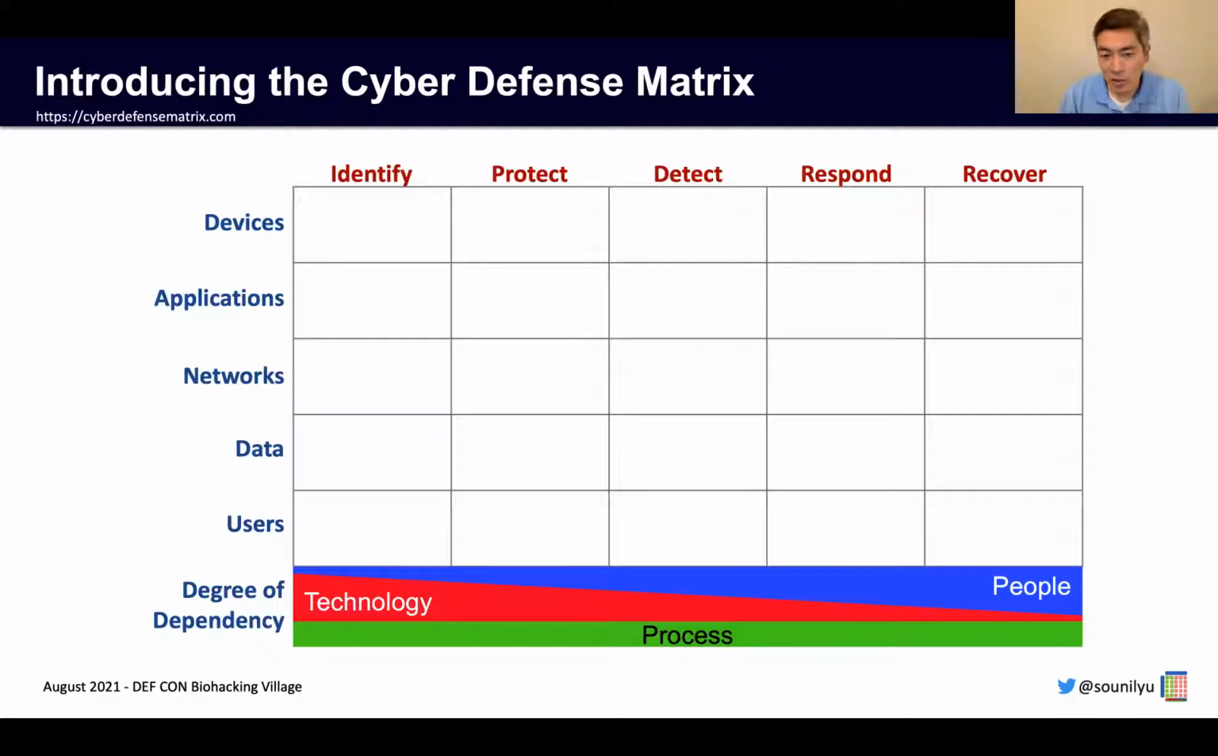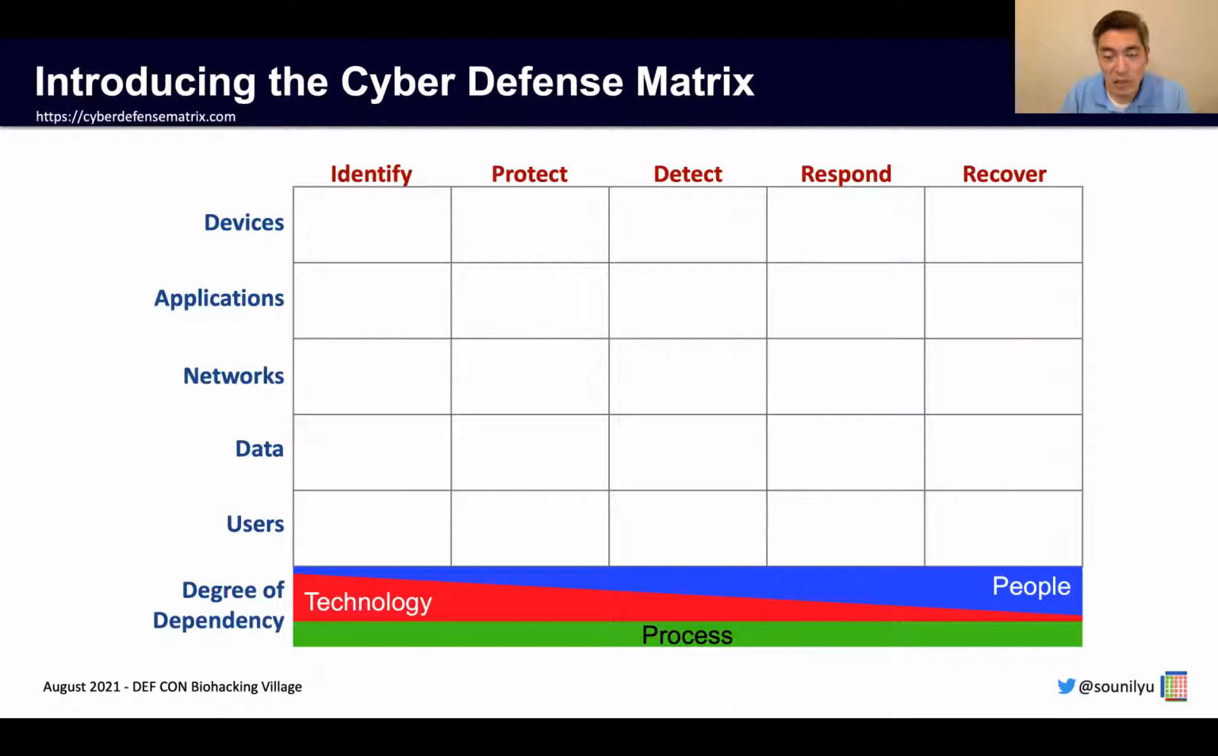What you also see on the bottom is something that I conjecture or assert depicts the degree of dependency that we have on people, process, and technology as we go across the 5 functions of the NIST cybersecurity framework. So when it comes to the functions of identify and protect, we should largely rely upon technology to do the work there. As we move to detect, respond, and recover, what I have found is that despite whatever technologies come our way, we're heavily dependent upon people to do a lot of the work